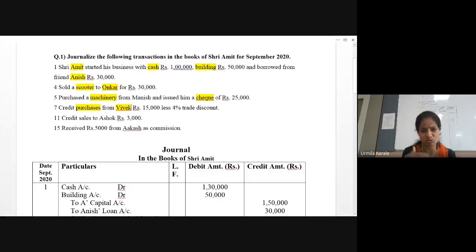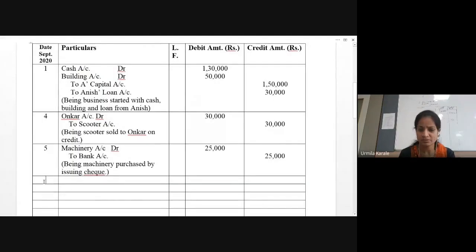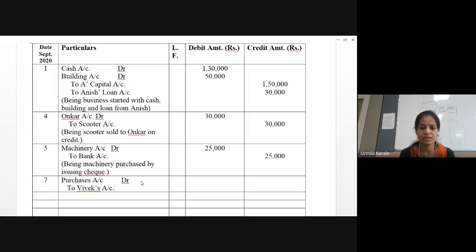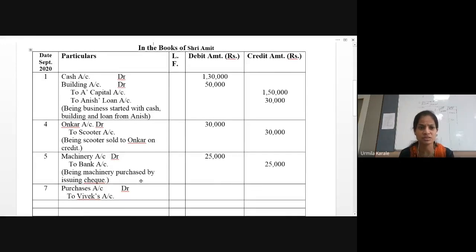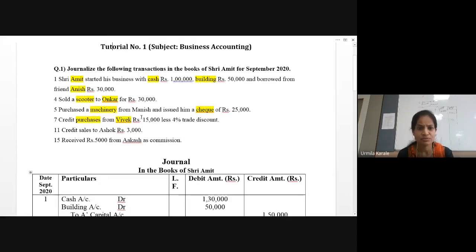When you purchase, toh usne aapko goods diye. So he is the giver. Credit his account. Purchase is an expenditure, or debit the goods which come in. So when you purchase, goods come into the business. So purchase account debit to Vivek. So date 7, purchases is an expenditure or goods come in. Both ways, purchases account hoga debit, and now the amount you need to ascertain and record the transaction.